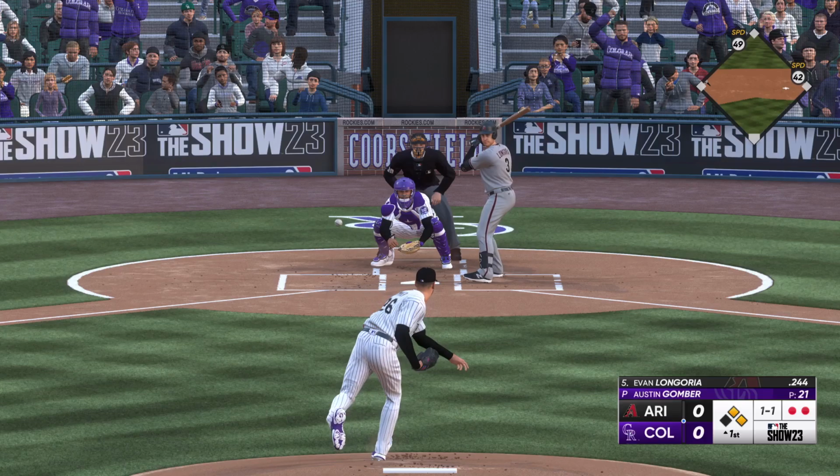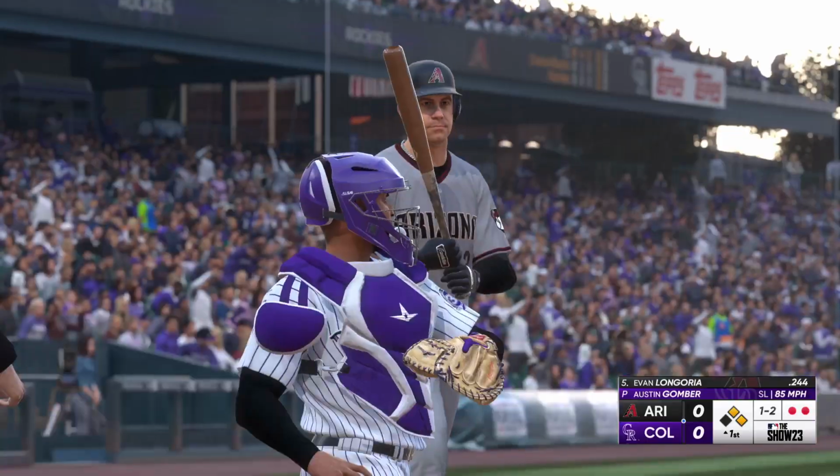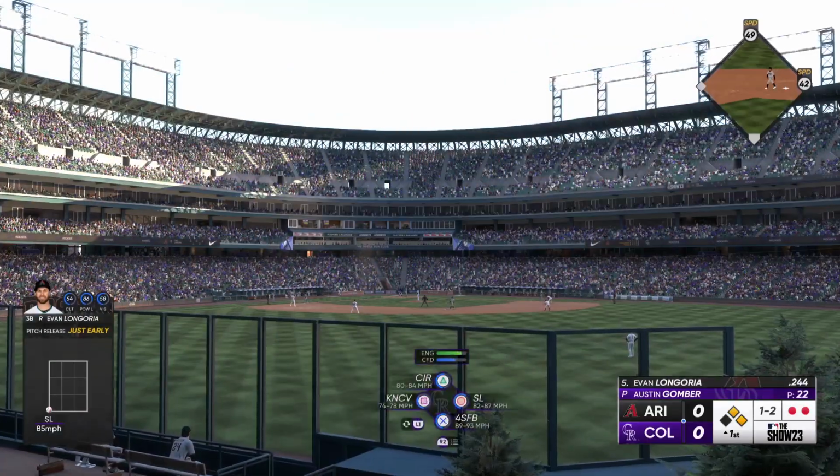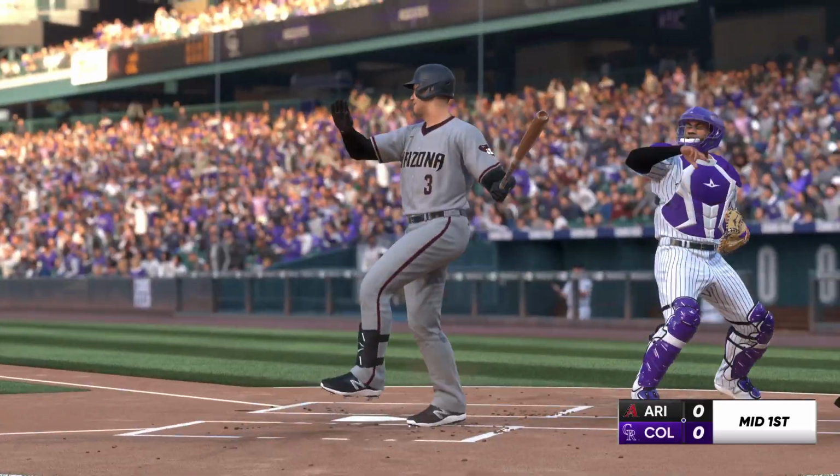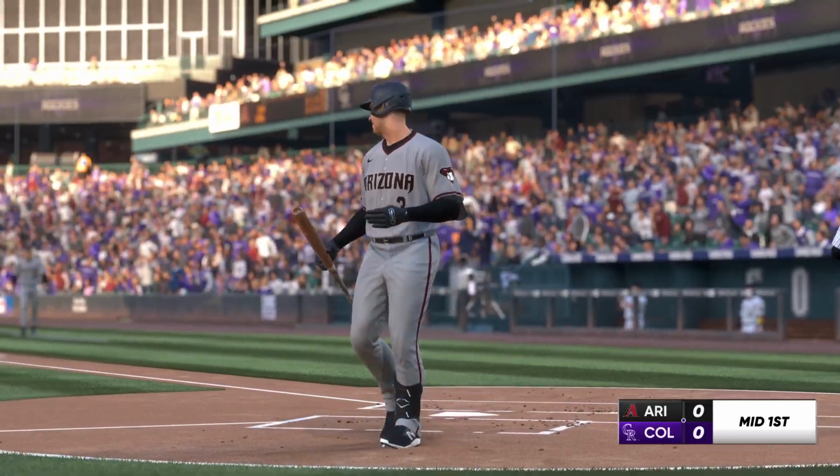Now it's Evan Longoria's turn. Next offering is in for a strike. Well, with this many pitches thrown here in this first inning, I mean, you're giving the other team a really... And he got him. Strike 3, and that'll retire the...